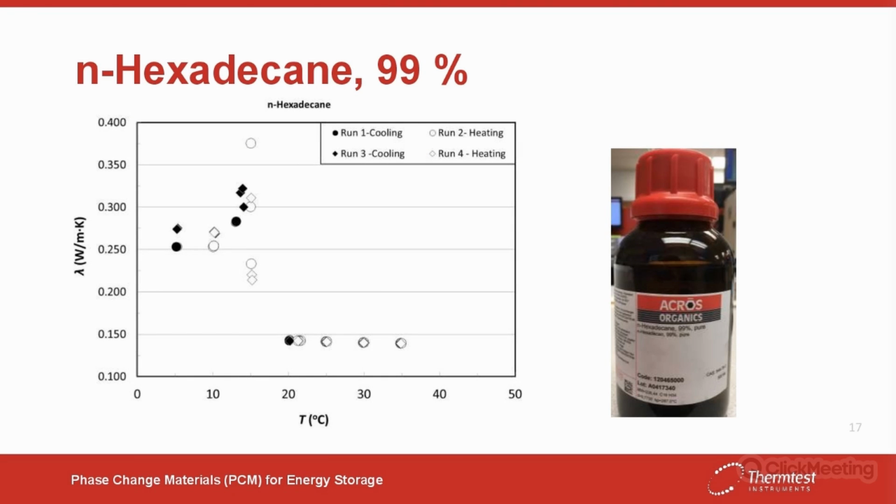The next one is the N-hexadecane. This was liquid at room temperature, but we decided to heat it up a bit. So we heated up to 35 degrees, and we ran measurements again: cooling, heating, cooling, and then heating again. Also in that case, as expected, in the melting and cooling region there is an anomalous thermal conductivity reading,